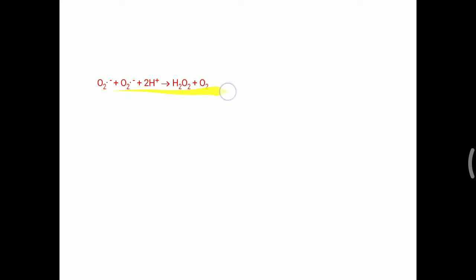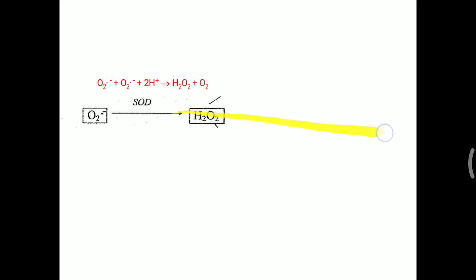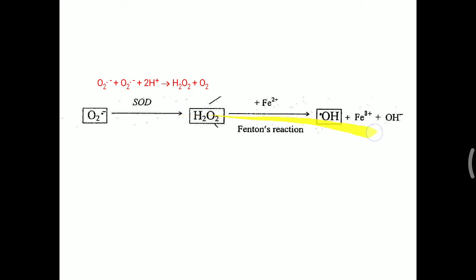So the superoxide anion is first converted to hydrogen peroxide, that is H2O2, and this H2O2 needs to be detoxified. If it is not detoxified, then what happens, we have already discussed. There is Fenton's reaction, where H2O2 combines with the iron molecule Fe2+ and makes a hydroxyl radical, which is more dangerous as compared to these two. So that should be avoided.